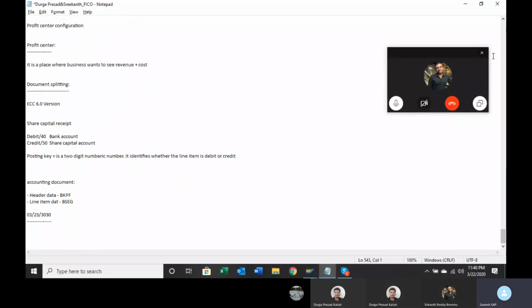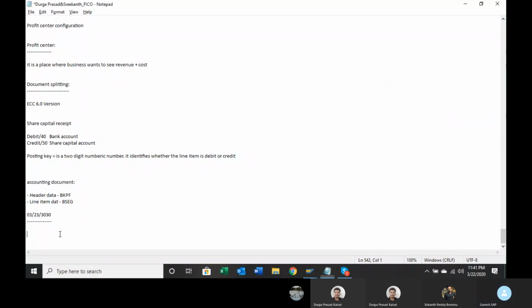Just to recap what we have discussed so far, we started with enterprise structure.